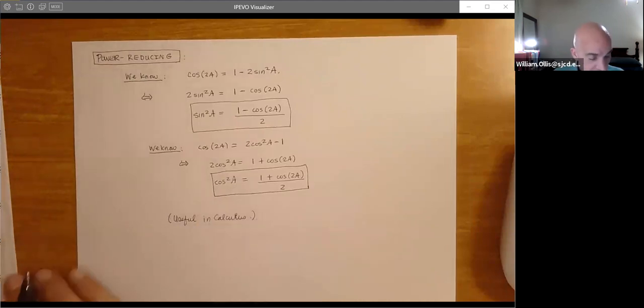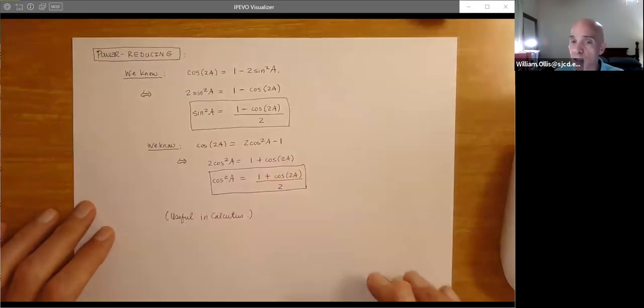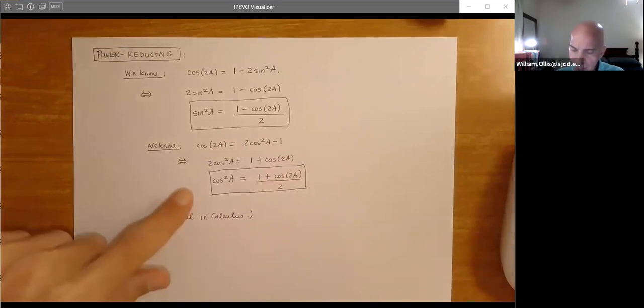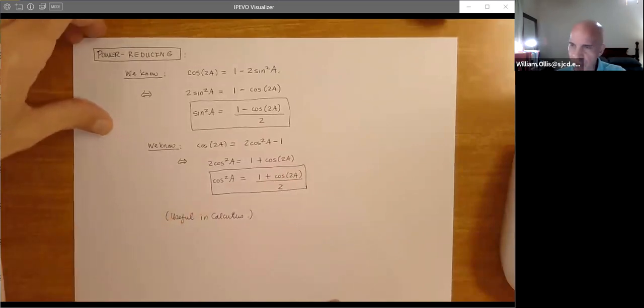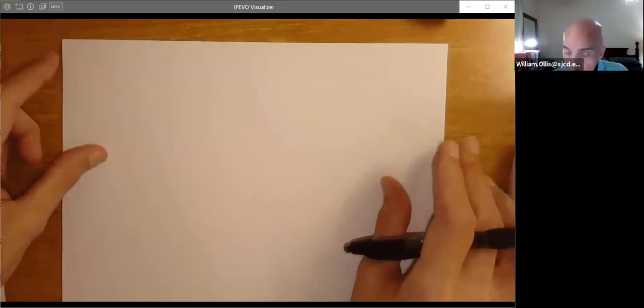So what is this class? Pre-calculus. So we're going to cover the trig that you're going to use in calculus. I know I keep saying the same thing over and over, but I just want you to remember that that's what we're doing in this class. We're preparing you for the calculus. Now, we'll do an example of these, but I want to go ahead and get out the half angle formulas, and then we'll do a couple of examples. But I want to make sure that you've got all these formulas first.